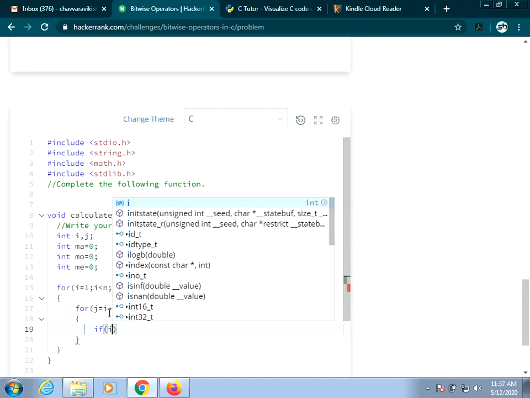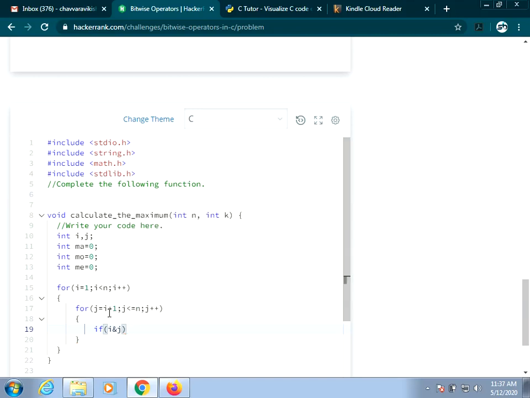If I perform i and j, enclose this one in braces: if i and j is greater than ma and i and j is less than k.